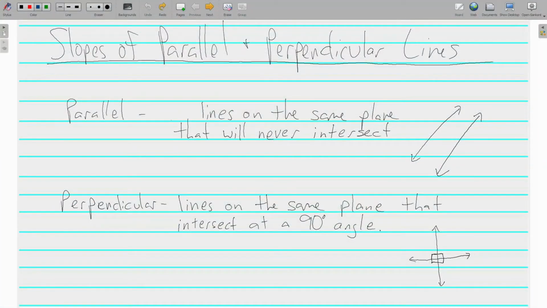Alright, this is Mr. Tipton, and today we are talking about the slopes of parallel and perpendicular lines. Really exciting stuff. Alright. Parallel lines, just to be sure we know what those are, are lines on